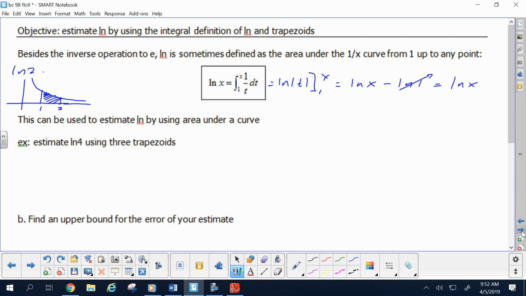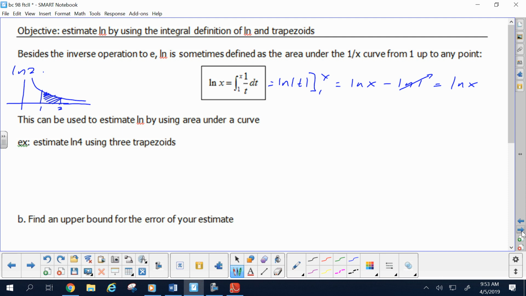Now, the beauty of it, though, is that we don't find log of 2 by anti-differentiating. We find log of 2 by using some kind of trapezoid or rectangle method to estimate that area under the curve, right? So, for example, if I wanted to estimate the log of 4 using 3 trapezoids,